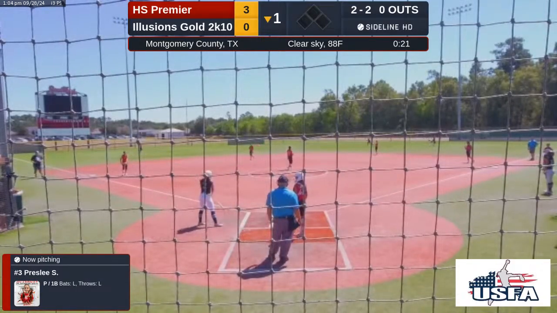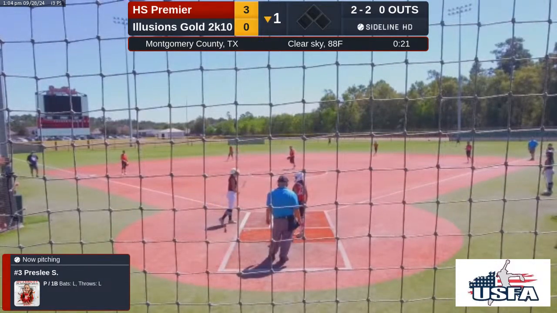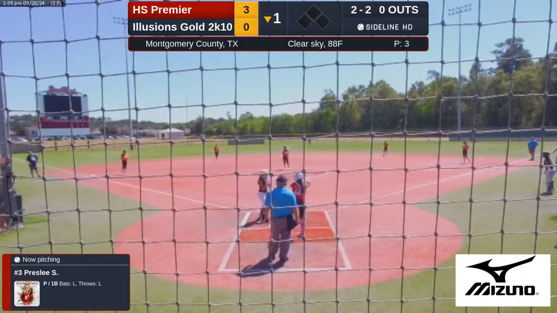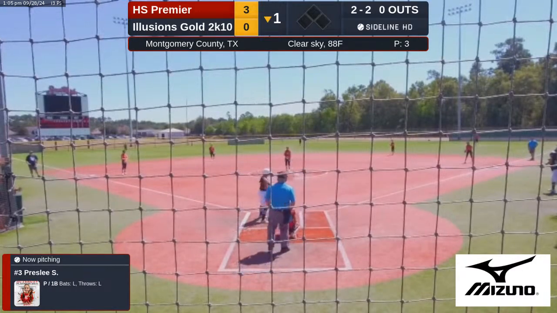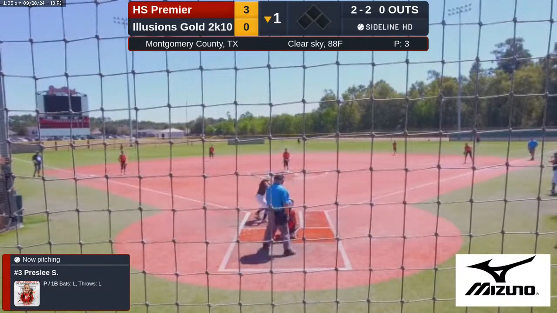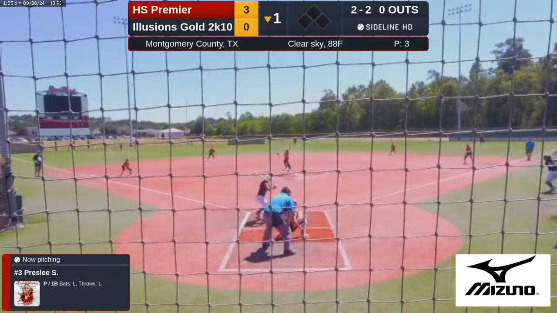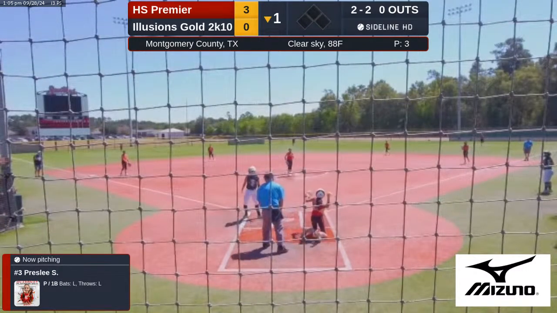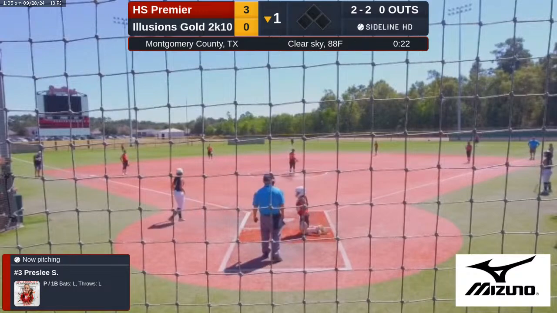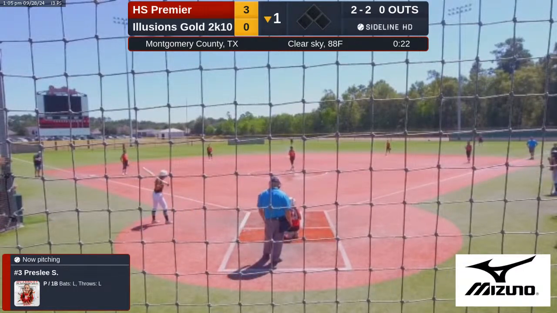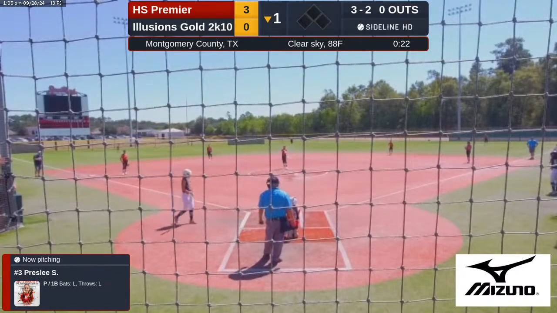Camille Cloudy behind the plate. Presley Sandell in the circle. Pitches down, full count. Krista Cloudy, first base. Jill Nevaez at second.